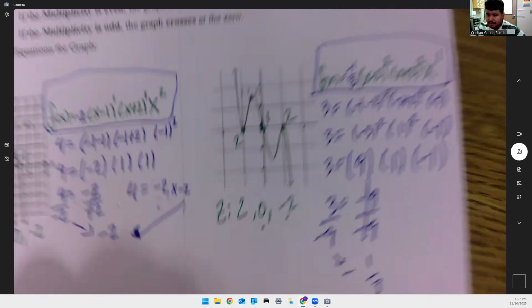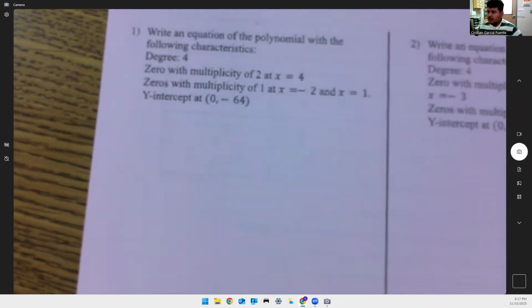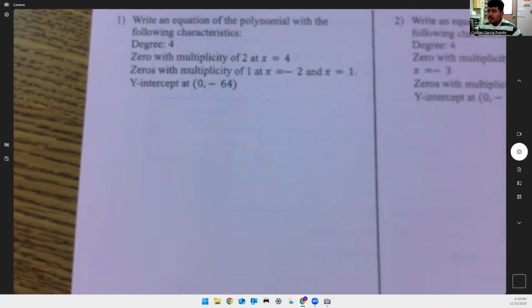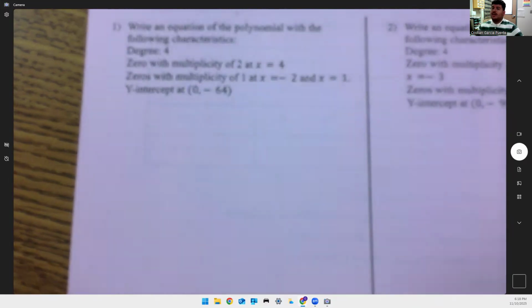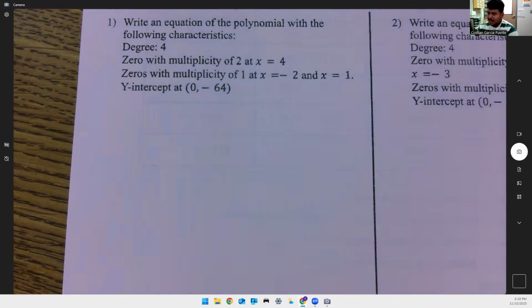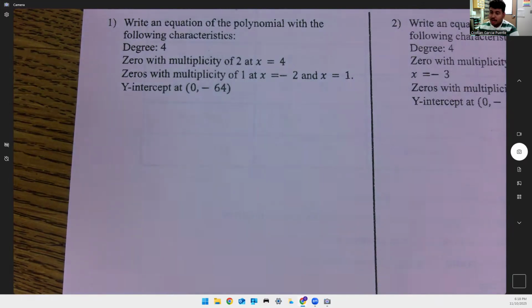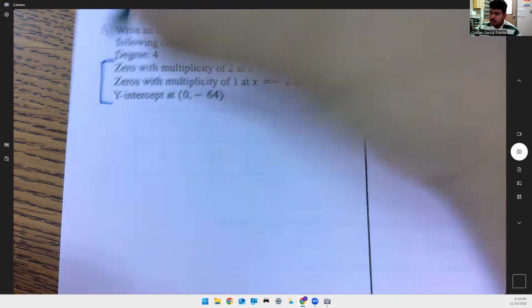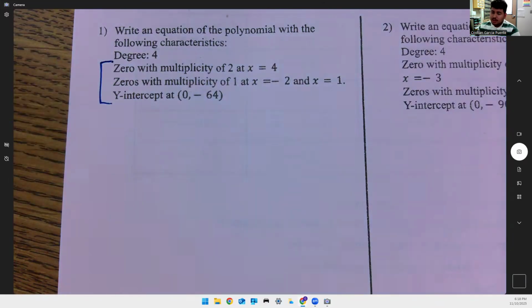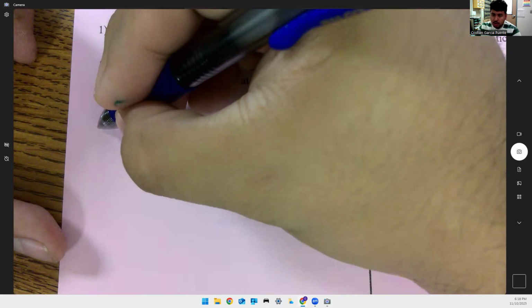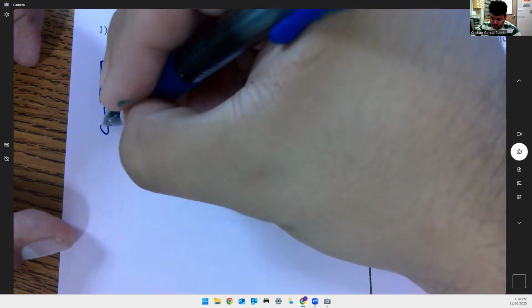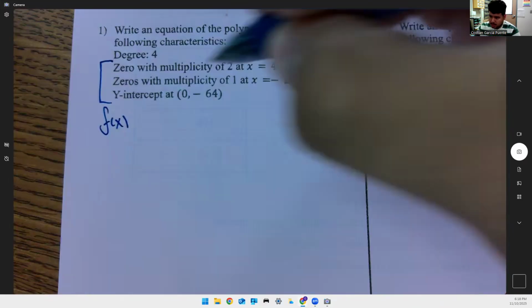So on the backside, you have a question that looks like this. I know it has a lot of words. I know I said that this was easier. It is. Because look, all you care about, even though there's all these lines, is only these last 3 lines right here. So you just go straight into your equation. So your f of x is equal to,